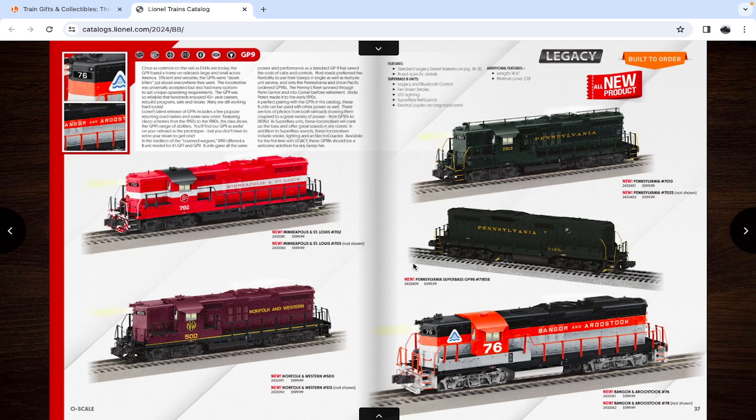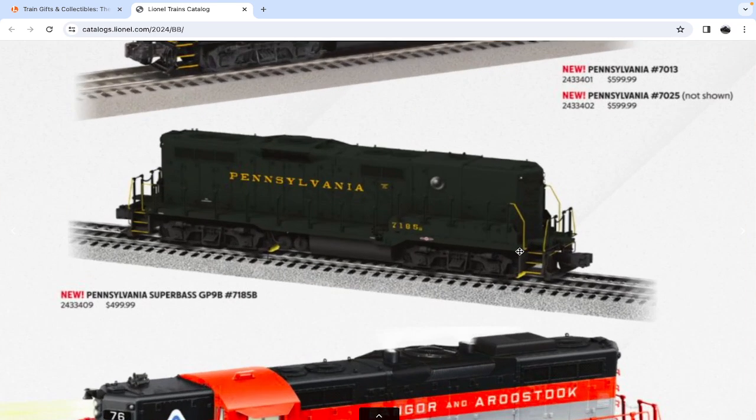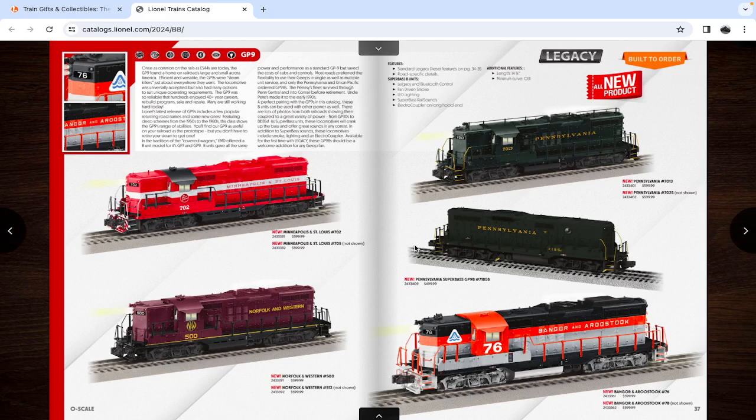GP9s, the only interesting thing I would have to say about the GP9s is Lionel's bringing back the dummy GP9 without the cab, just a powered unit, a DPU, so to speak, something that you really haven't seen in O-scale in a long time. And even upon that, it's a super base unit. So something I really like that Lionel did to offer a super base, which is really becoming quite popular lately,